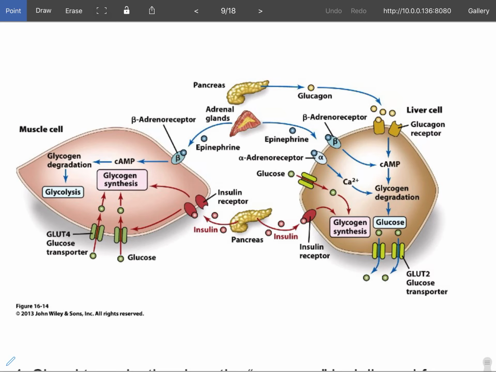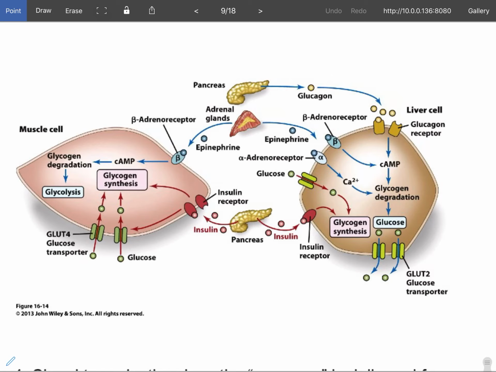They recognize epinephrine, and they then trigger glycogen degradation, which then provides energy for glycolysis, and so our muscles can run away from some dangerous thing. It's also recognized on the surface of liver cells, and it will do the same thing where it enables glycogen degradation and exports more glucose to the bloodstream